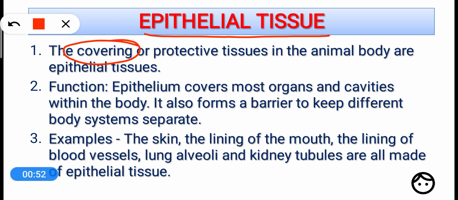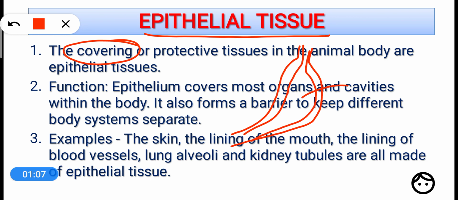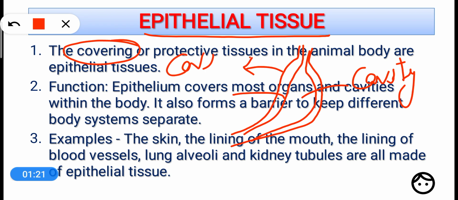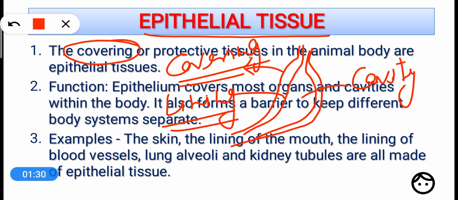Suppose this is the stomach. Right? So the stomach should have 2 different coverings. Look, this is the empty space. This is called cavity of the stomach, or lumen of the stomach, you can say. Right? So this covering is made up of epithelium, and this is called a lining. So this is covering and this is the lining. So please listen carefully what I am saying, that covering and lining both are made up of epithelial tissues.